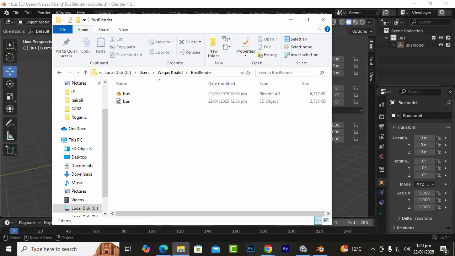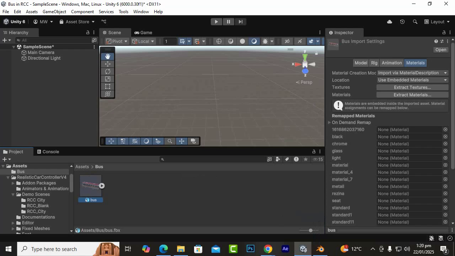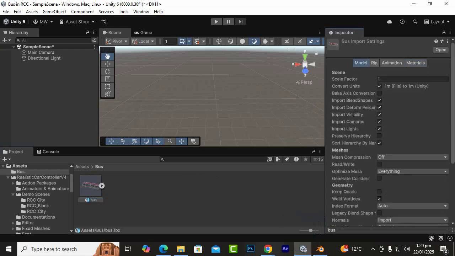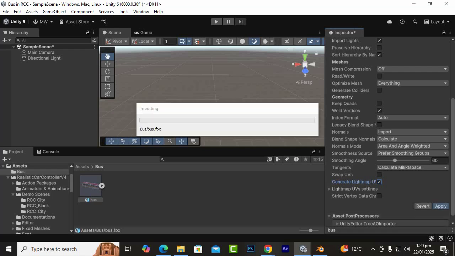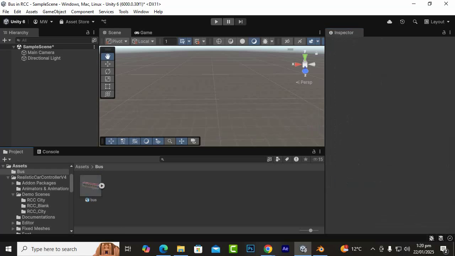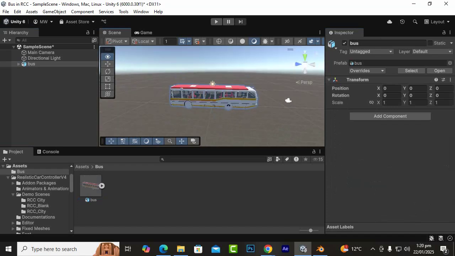Okay, so now we will bring this bus into Unity and let's see how we can set up. So first of all, we will select the bus, go to model, and we'll bake axis conversion. Okay, that's important, and generate lightmap UVs as well if you want to bake lights. It will be helpful, and then we can apply, and now we can just drag and drop it into our scene,